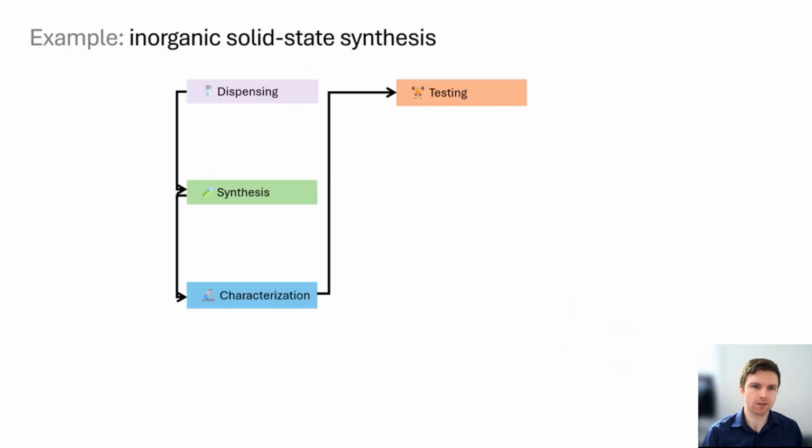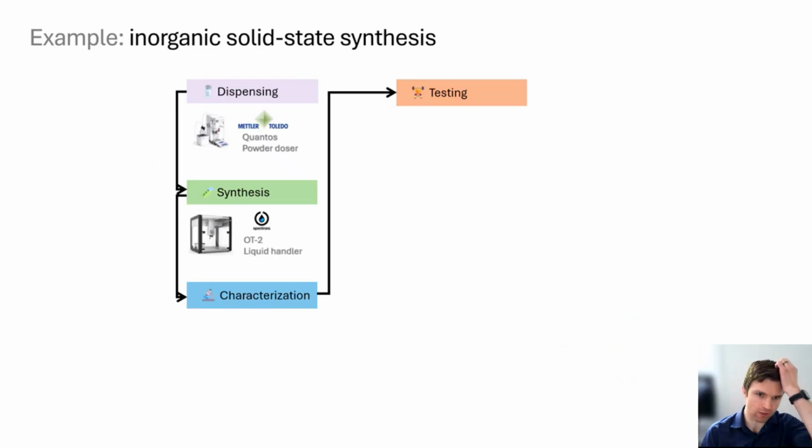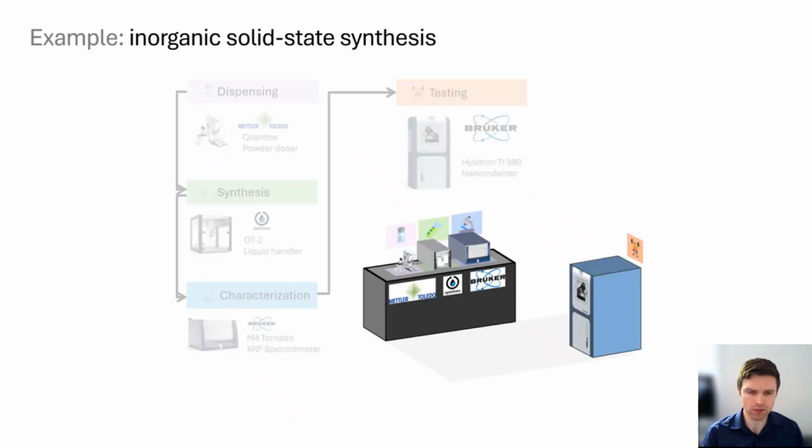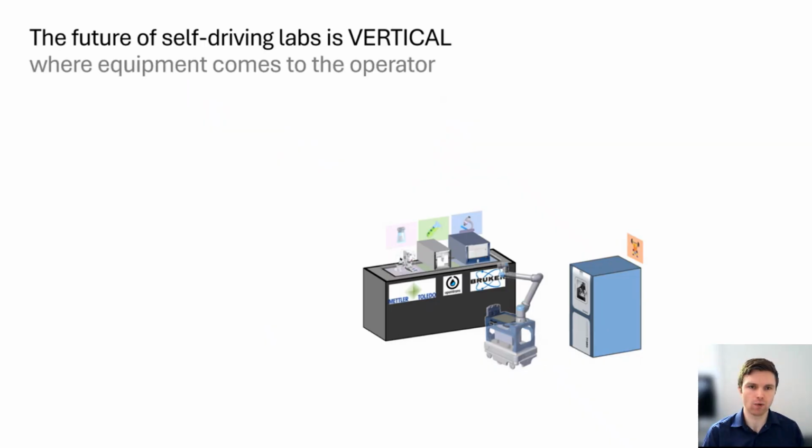So we're taking this example of inorganic solid state synthesis. You have some powder that you dispense, some kind of liquid handler, characterization tools, and testing for that. And this is what a traditional laboratory might look like, with this idea of putting a mobile manipulator there to pick up samples. When we look at a vertical self-driving lab,